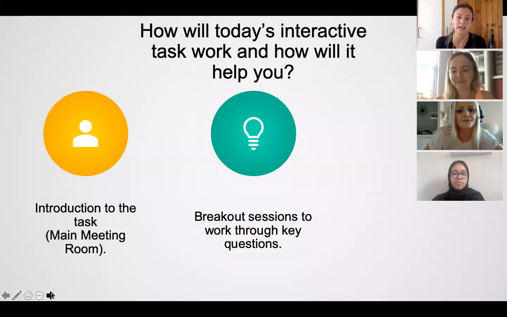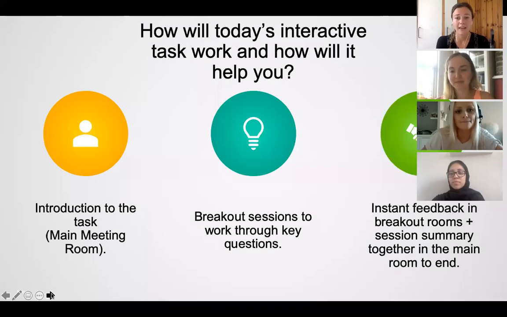These will be slightly more intimate, and you'll be able to speak and get involved in the task in those sections and ask any particular questions you might have. Then we're going to come back into the main meeting room. We're going to work together in a group in those sessions, and then we're going to come back and provide our feedback, choosing particular people to feed back from our different groups. So that's really how it's going to work.